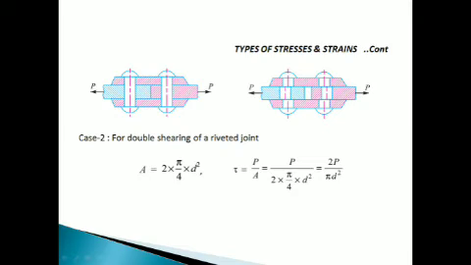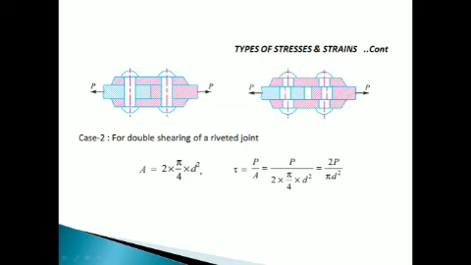Two plates are connected by two cover plates as shown in the figure, and the tangential force tends to shear off the rivet at two cross sections of the rivet. So the shearing takes place at two cross sections of the rivet, hence